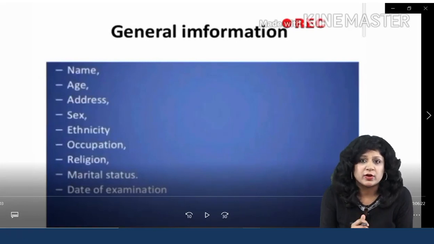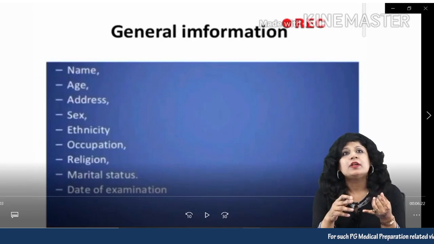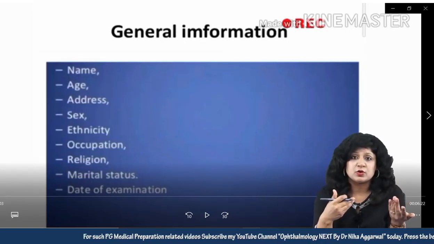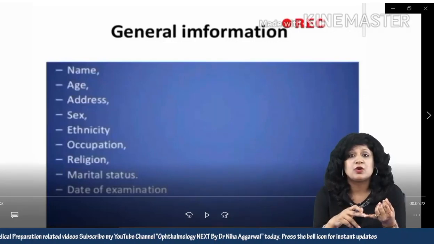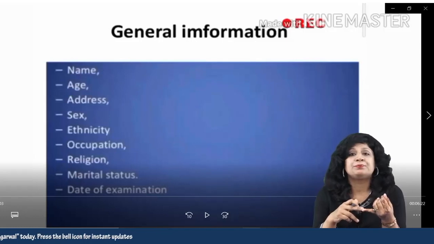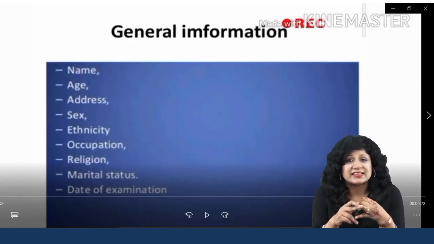Patient is our priority. Then going with the marital status. Knowing the marital status is of great value in the other branches also, for example in OBG, whether the patient is a virgin or she's married, okay, if I am interested in STDs.